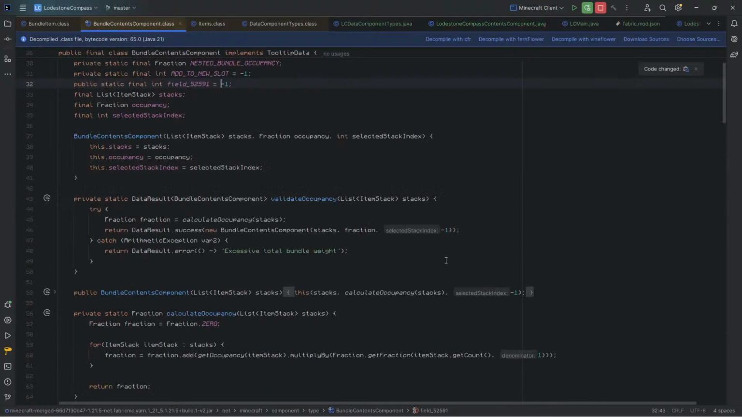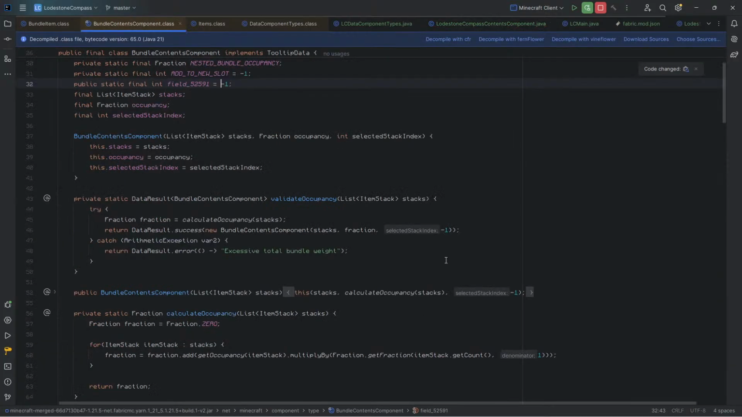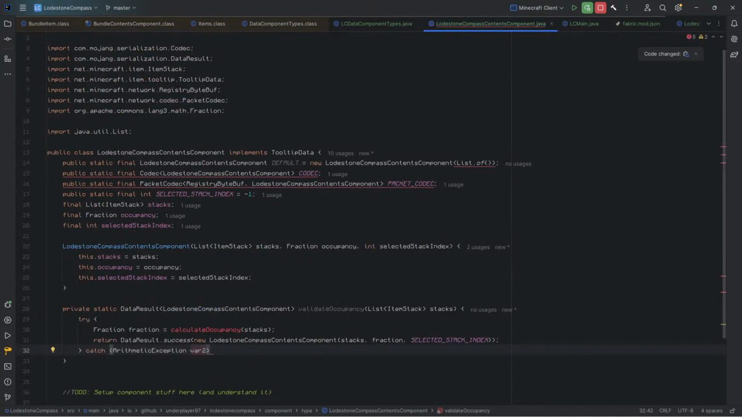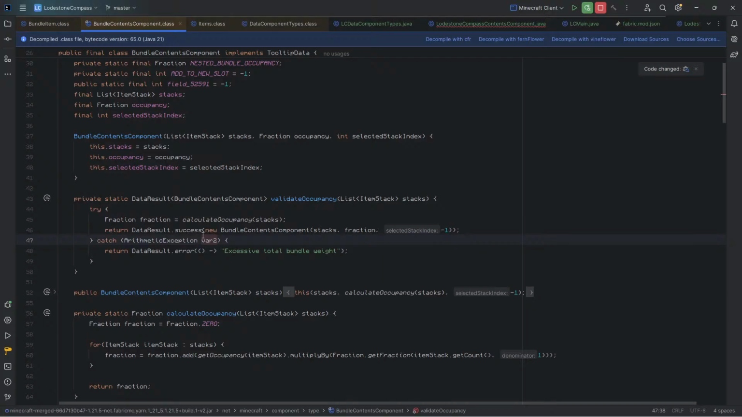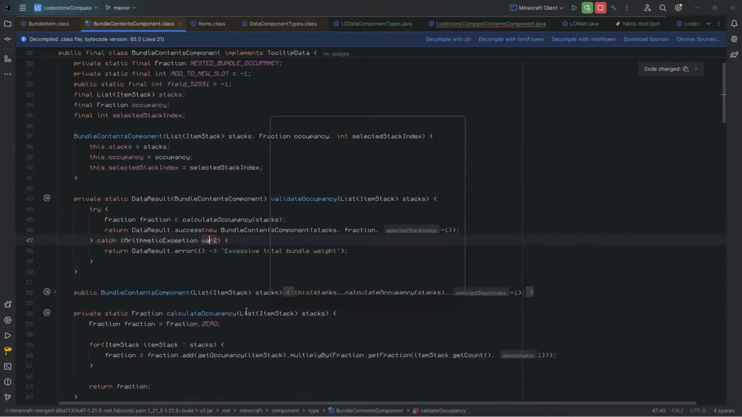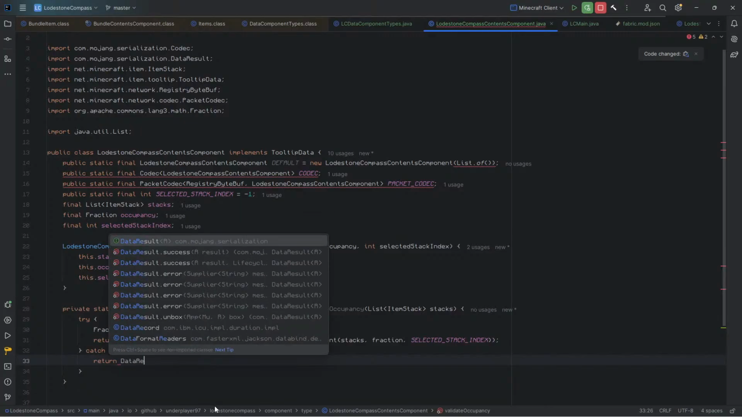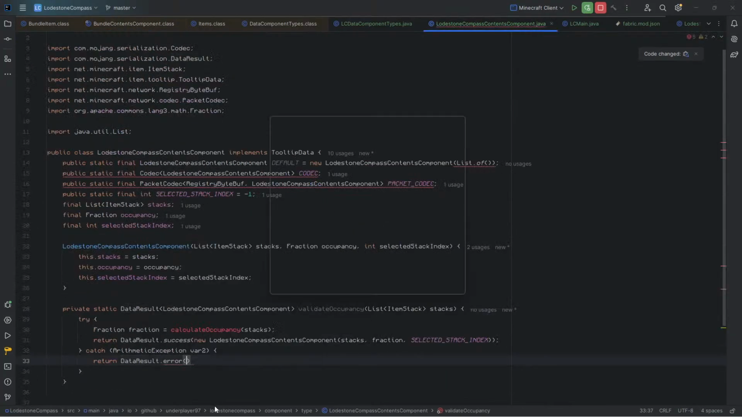So then we catch if arithmetic, I can't spell it. Arithmetic is variable 2. What's variable 2? My guess, variable 2 is probably just like null or incorrect. Variable 2 is probably just like, hey, you got this wrong. Return data result error